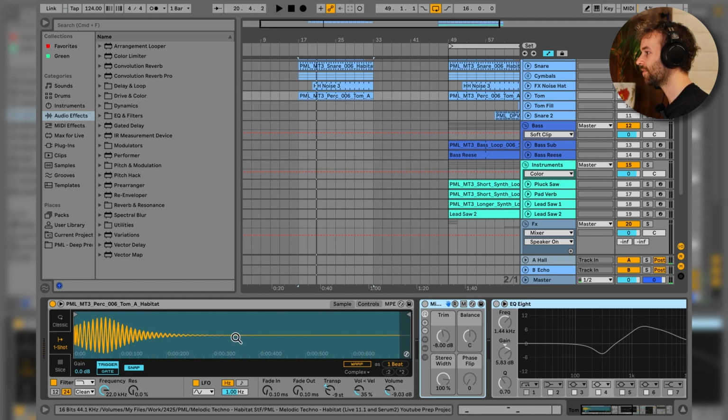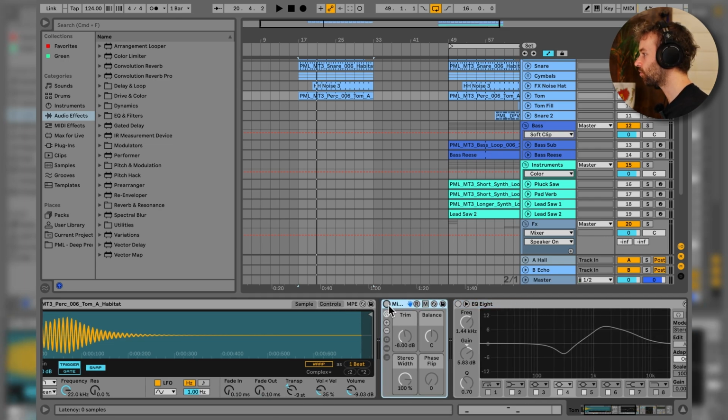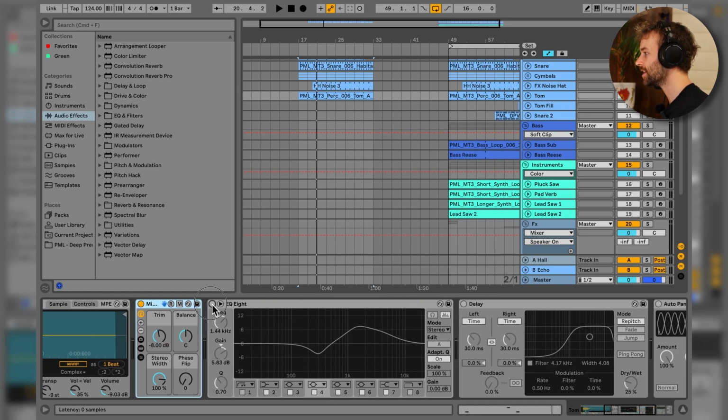In the simpler, we just have the tom sample loaded up. It's being transposed down by 9 semitones. Then we have, again, this mix control rack, which is just bringing down the volume by about 8 decibels, followed by some EQ to just remove some low frequencies and boost some of these mid and higher frequencies in the sound,